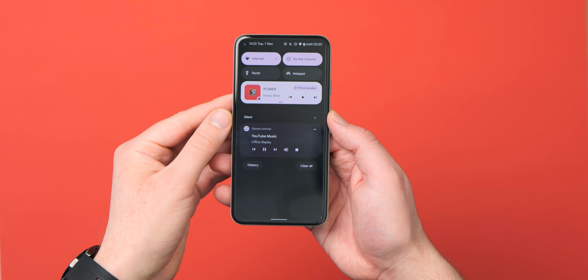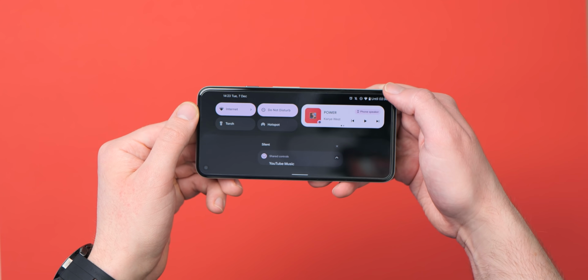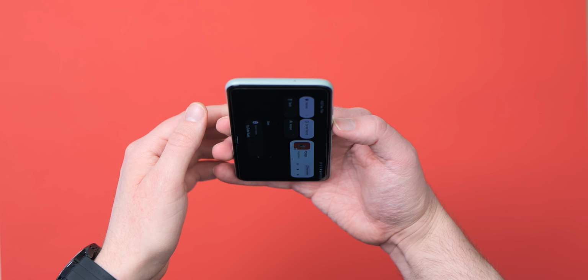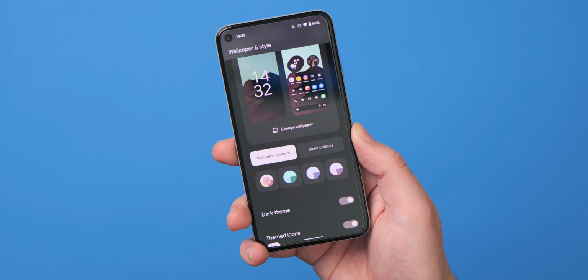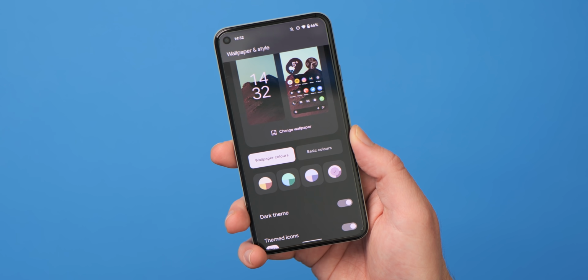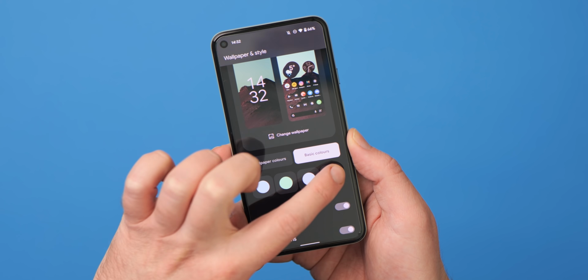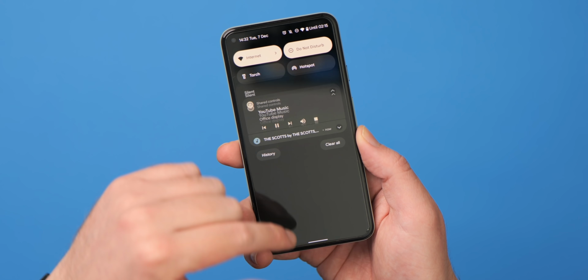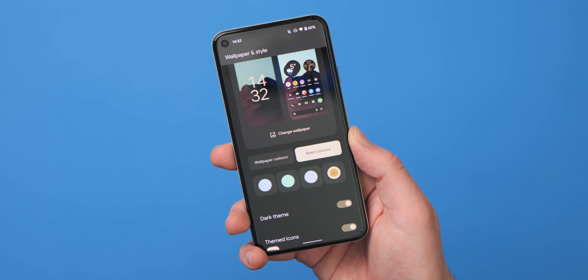Quick settings itself should work better in various device orientations, with better identification of which way up your phone actually is. And the tiles in quick settings should now also theme correctly to your wallpaper and dynamic color material you're theming presets. And that extends to the weird transparent bug that some people spotted on their devices. That should now be gone and it should be a completely opaque notification shade, as it was previously in the beta phases. Expanding that notification shade fully right after a restart shouldn't crash your phone either,